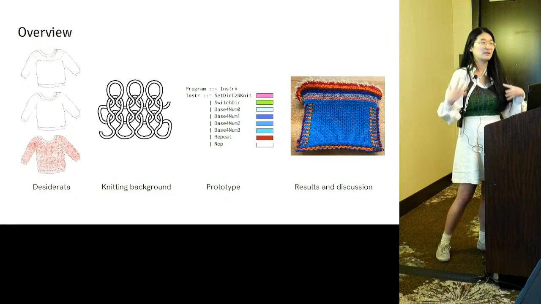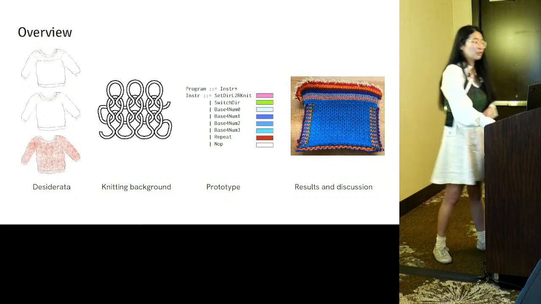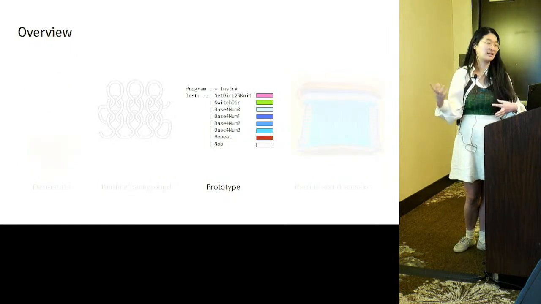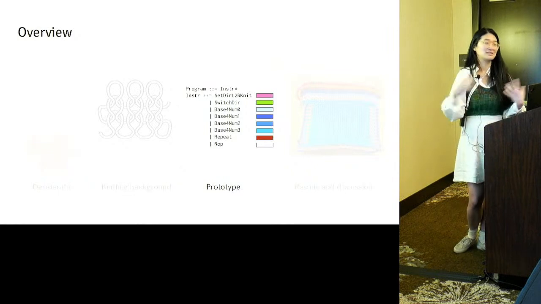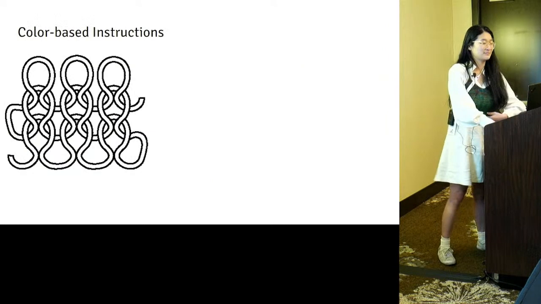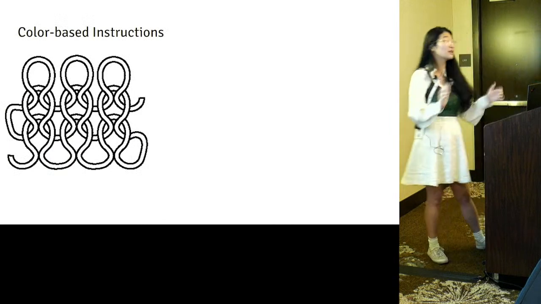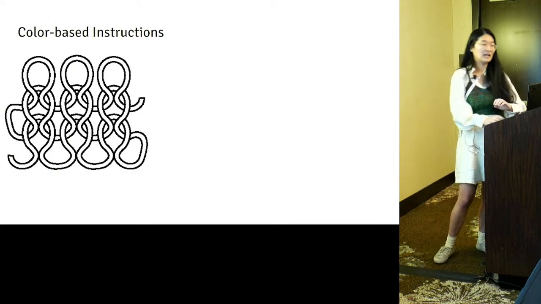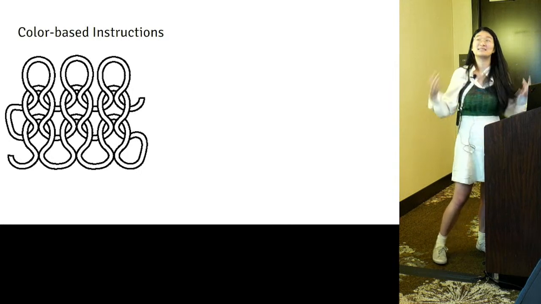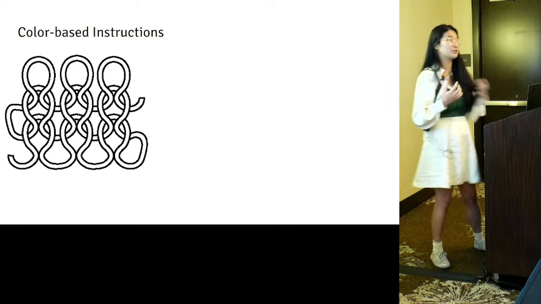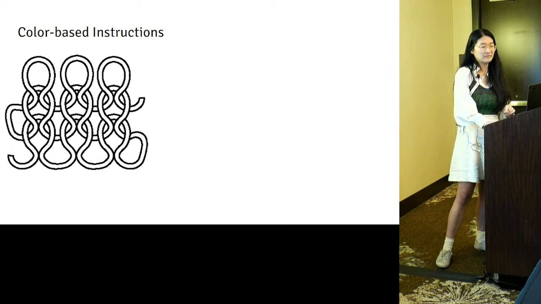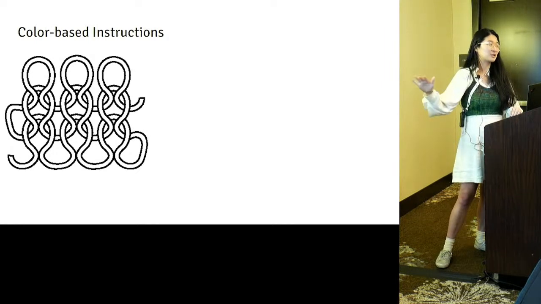So we talked about the background for knitting. We're ready to talk about a prototype for a self-embedding language for knitting, which we tongue-in-cheek named Twine. So remember how I said we wanted to use the color channel to represent these programs? Let's take a step and think, what is the simplest set of instructions that I can use to create knit shapes? Then we're going to represent those simple instructions with colors.